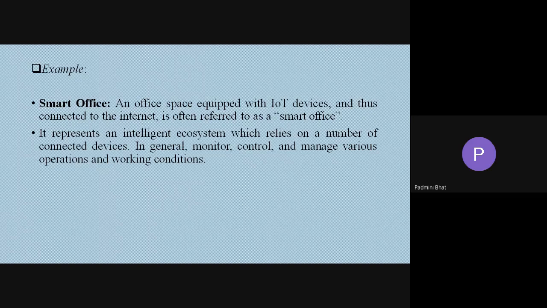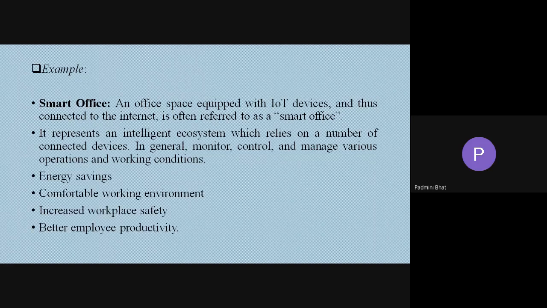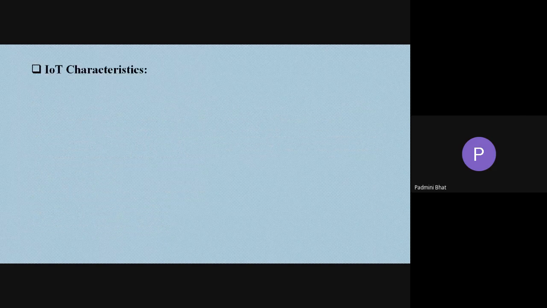In general, it can be monitoring, controlling, and managing various operations and working conditions. This is meant for energy saving, as we discussed yesterday in the introduction class. It provides a comfortable working environment, increased workplace safety, and better employee productivity.